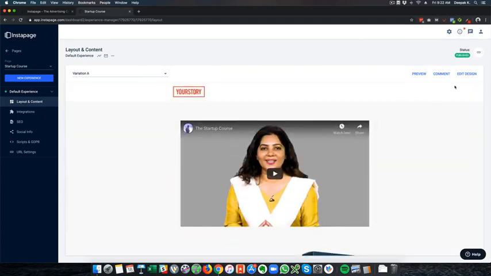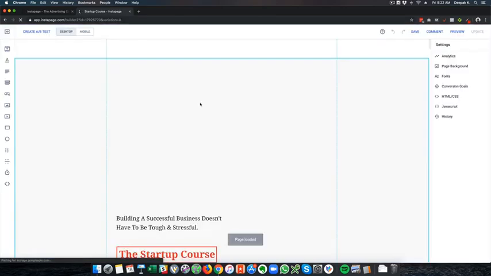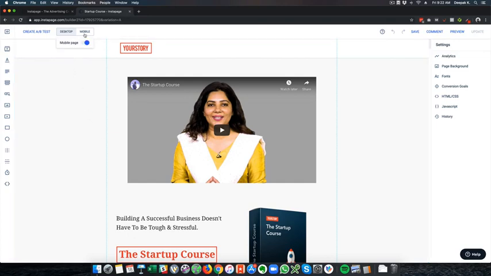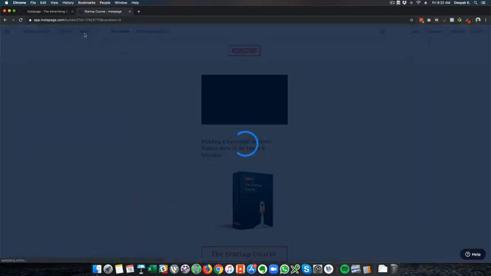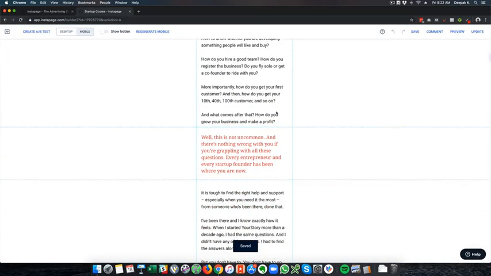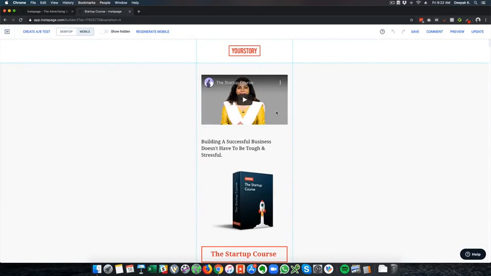If we want to edit the design, we can go ahead and click on edit design, and the page builder loads up. This is the page builder, and it's drag and drop, and it can be configured for mobile and for desktop. If you click on mobile, mobile is also drag and drop, and whatever elements you have added in the desktop will appear on mobile also, and you can change the items a little bit, like the alignment of it.